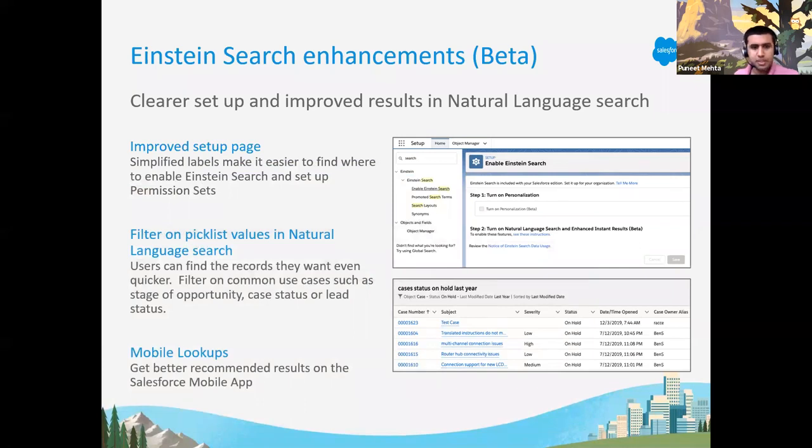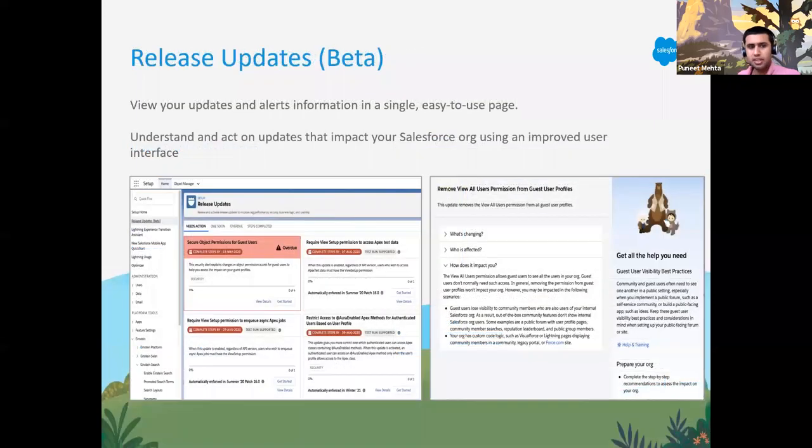Next we are going to discuss release updates. You remember, with every release, Salesforce comes with new updates, and Salesforce periodically releases updates that can improve your performance, security, logic, and usability of Salesforce. But this can also affect your customization. Once these updates are released, they become available, and now you have a single page where you can see all your updates and you can take action on them right away from the screen. What this means for you,